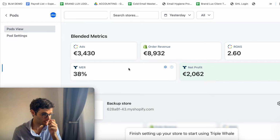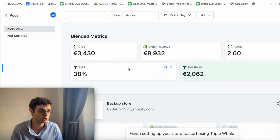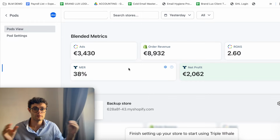And I'm going to bring you through a Google Doc that we created for them, so that you can literally copy and paste it and leverage, or get some learnings from the document that I'm about to show you. And then I'm going to show you the exact tool that we use to get all of the data that is basically in this document. So first of all, let's go over this sheet very, very quickly,